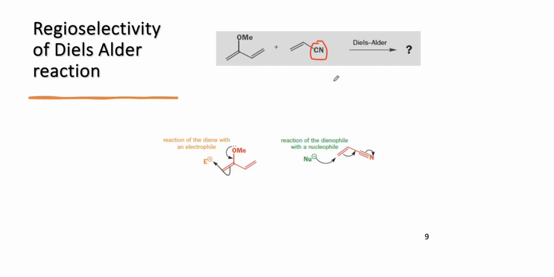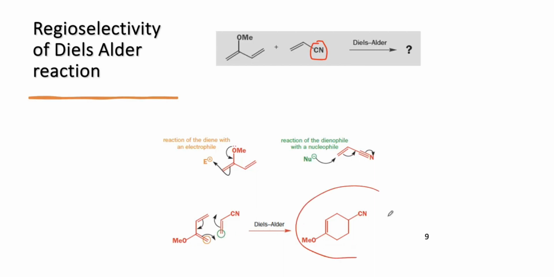And in the case of the dienophile, this is the carbon which is electron deficient. So it can react with the nucleophile. So here in this case, this carbon should connect to this carbon and the Diels-Alder reaction will result in the formation of 1,4 product as the major product. So we should consider the case of 2 substituted diene reacting with a dienophile and we will get 1,4 product